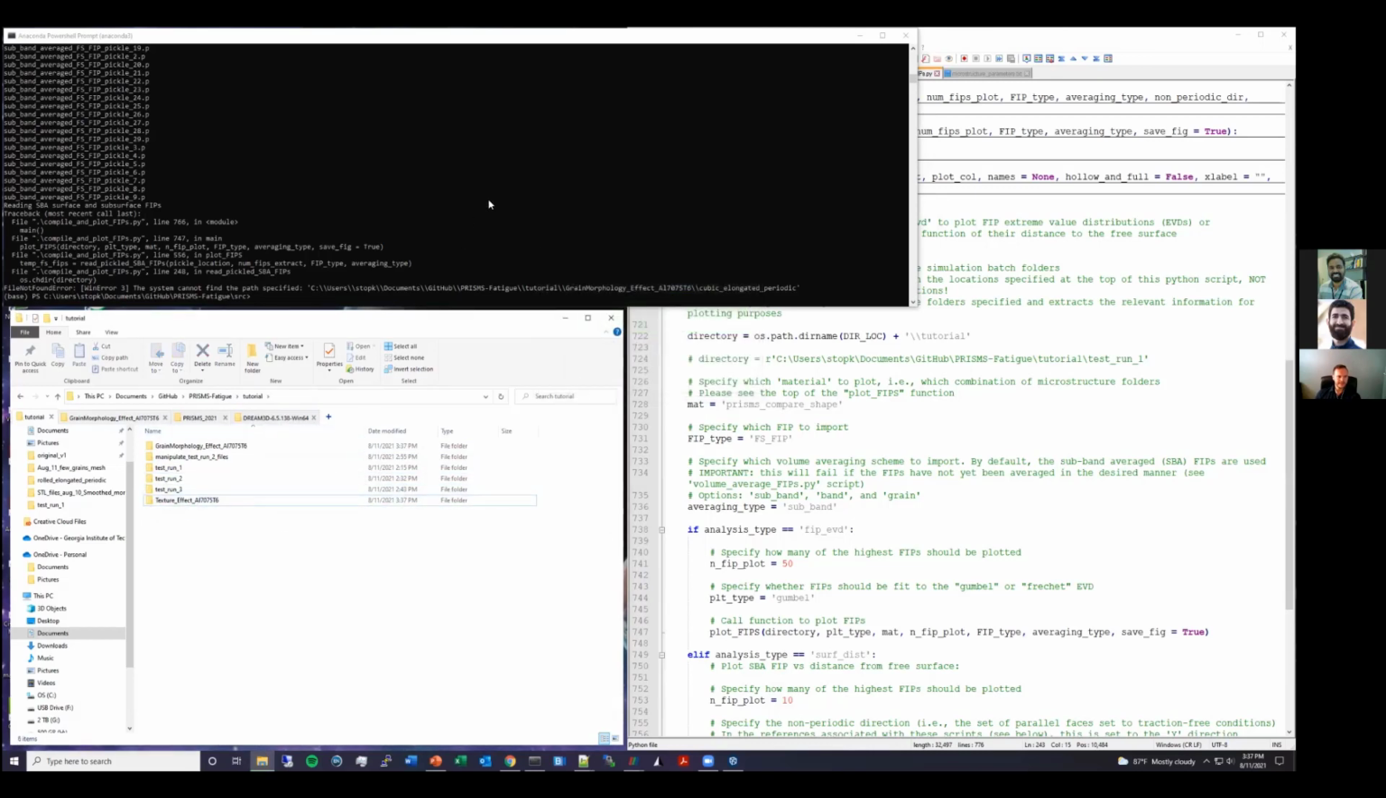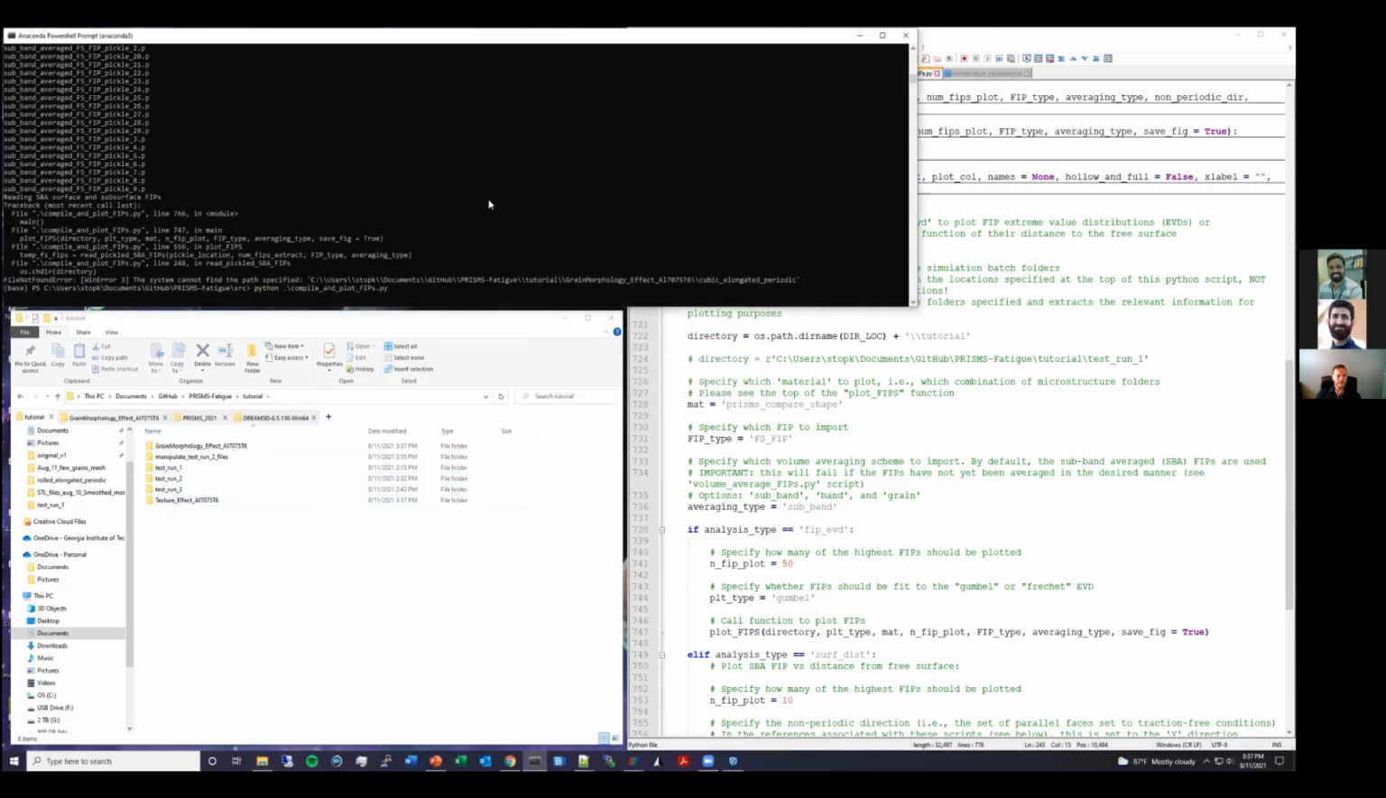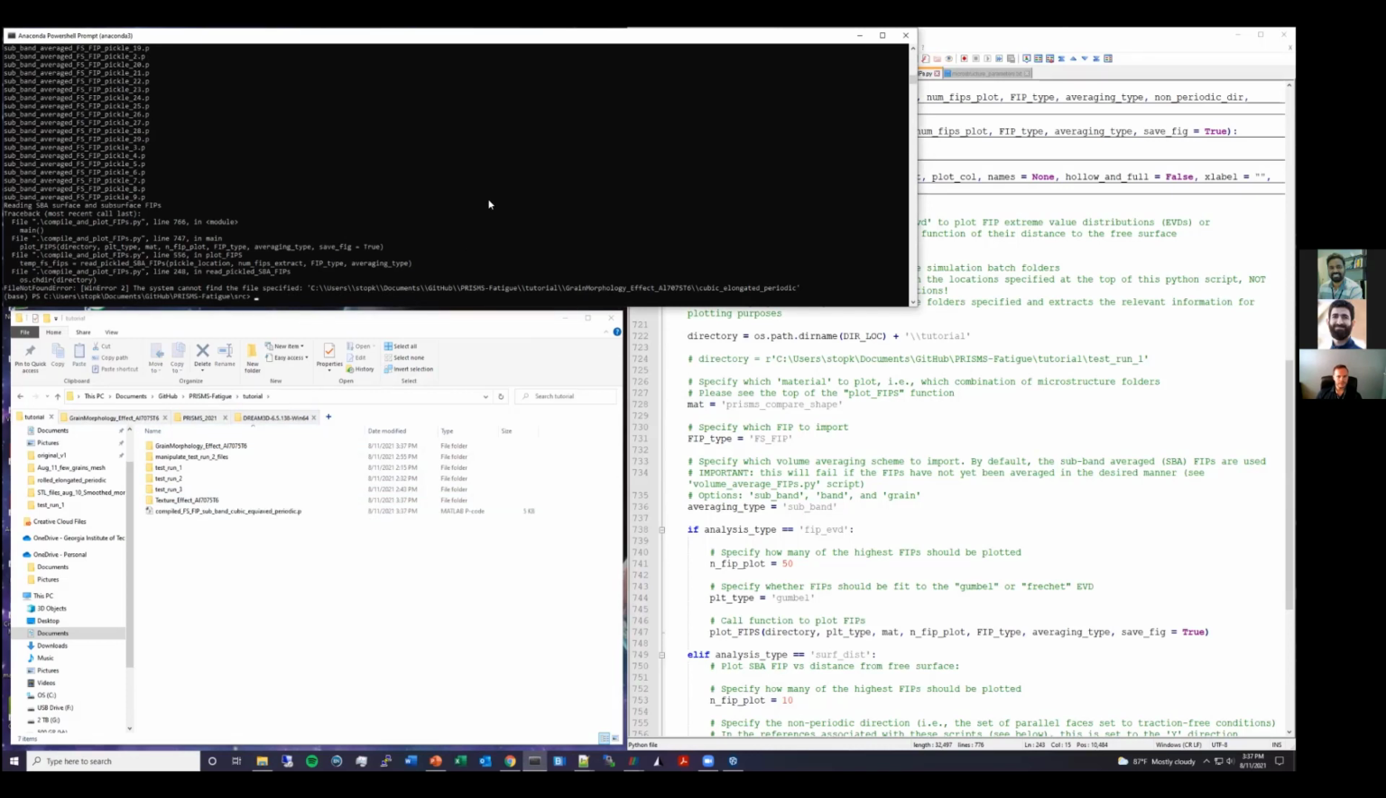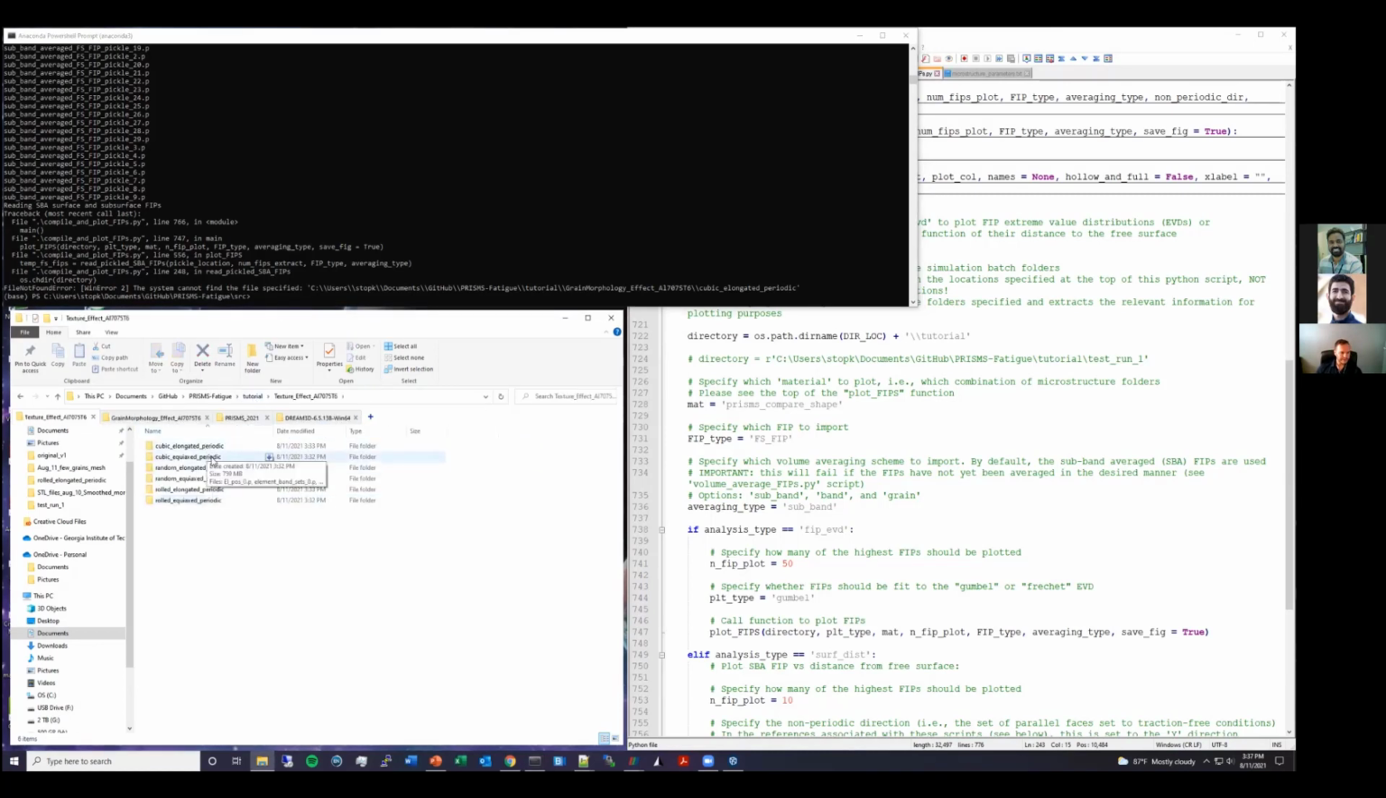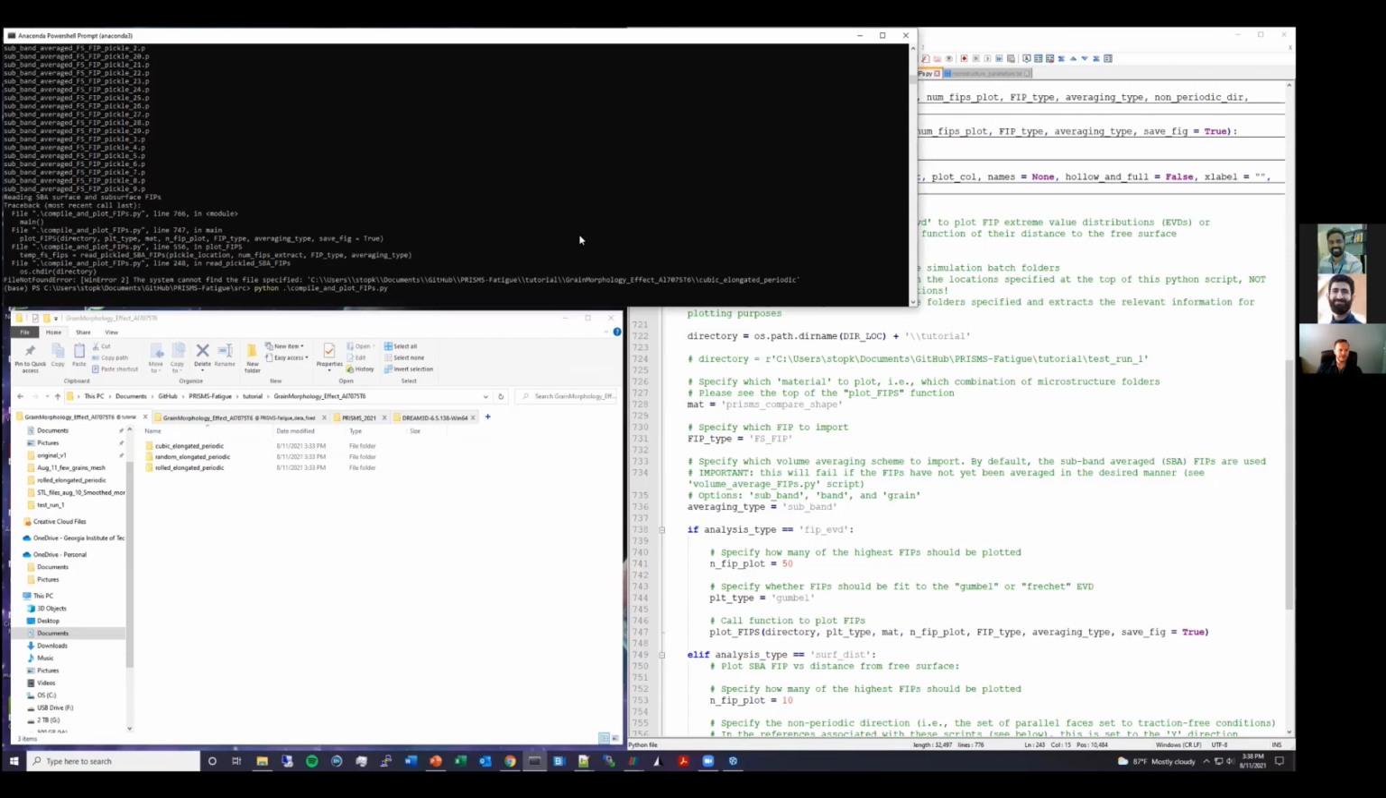So let's get rid of this. So now everything should work well. Cubic elongated periodic. I think I put things in the wrong folder. Elongated needs to go into grain morphology effects. Okay, so to summarize, in the folder called tutorial, we need the texture effects with the 3 folders, and we need the grain morphology effects with the 3 folders. So if we run this now,